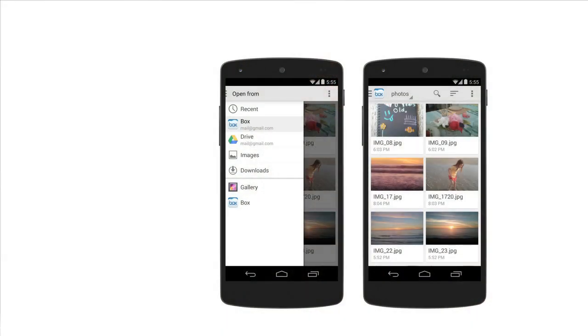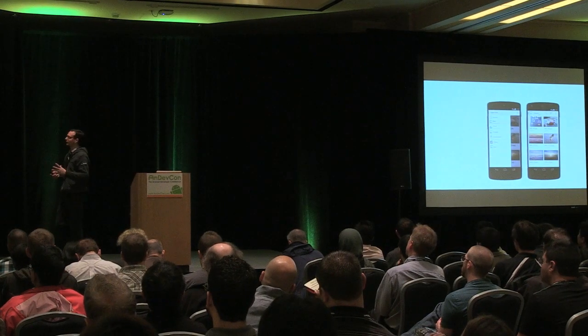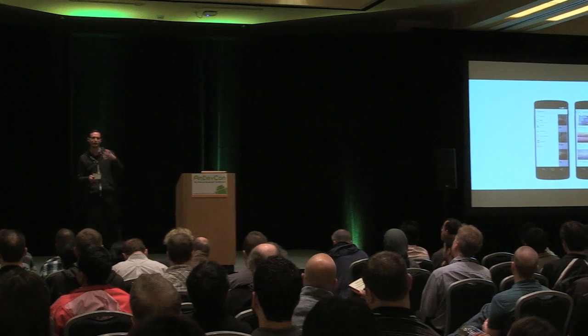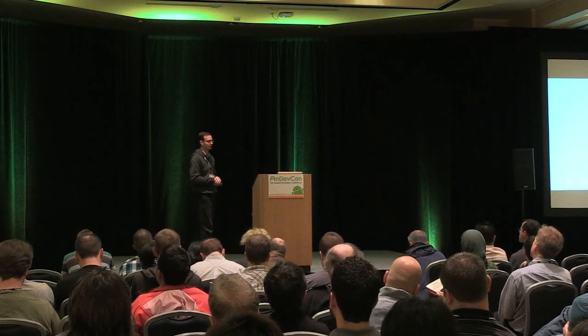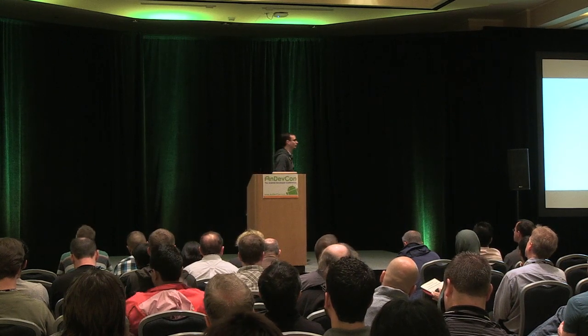Now, the storage access framework is actually something I think is really cool. I think it's one of the more exciting new APIs available on Android 4.4. It makes it much easier for users to be able to browse and open files within the system. So that's documents, images, anything which can be referred to as a document of some kind. And it can be on the local device, or it can be somewhere else in the cloud. All of it is brought together in a single unified experience for people to be able to open those documents within applications. And in fact, there's even an advanced mode under settings which lets you enable file system browsing